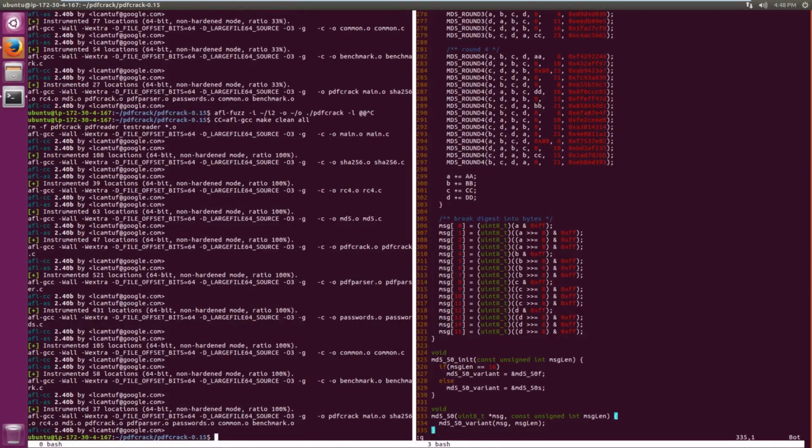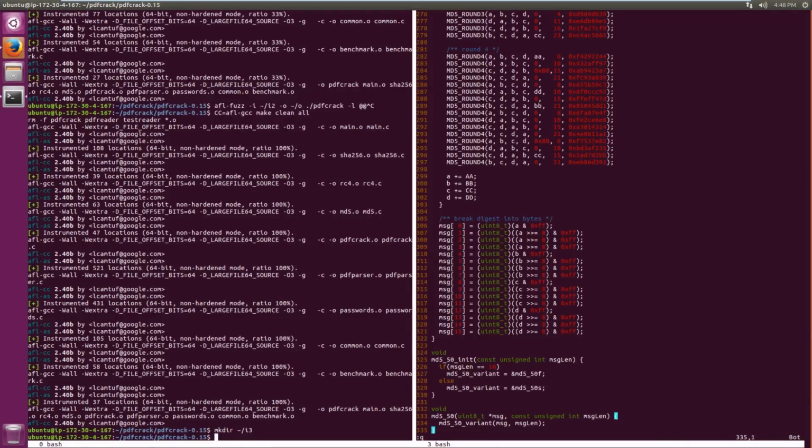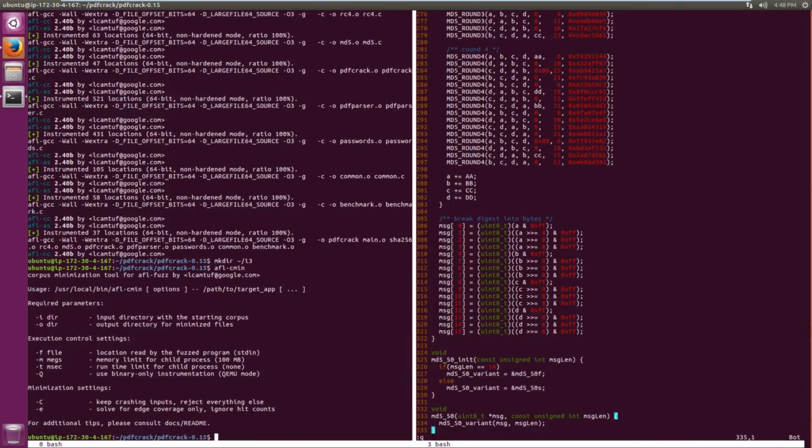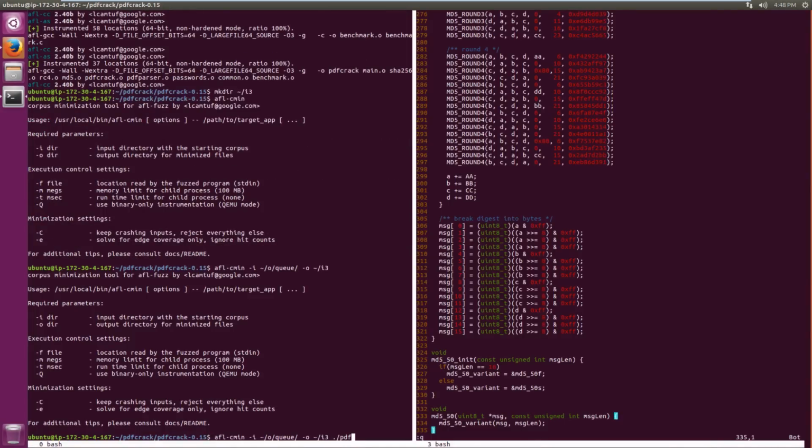And what I'm going to do here is I'm going to make another new directory for inputs. I'm going to use afl-cmin. So afl-cmin is the corpus minimization tool. So I'm going to have an input directory, which is the queue for our last fuzz job. And our output directory is this new directory of files. And then I want to do pdfcrack